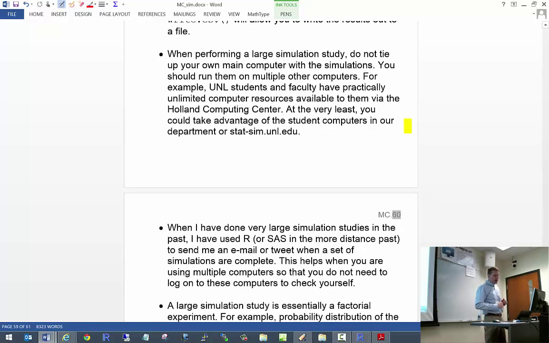Bottom page 59. Now, when you're performing a large simulation study, don't use your own computer. Don't tie up your own computer to do that. That's a waste of your time. Use other computers. The department has a number of student computers that are available. Use those computers. Also, the department now has a simulation computer, a dedicated simulation computer. Use that one. But what's even better than those